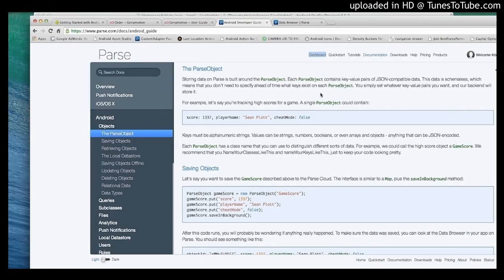It's found by going to parse.com, documentation, Android, and then users. Here at sign up, you get this: the first thing your app will do is probably ask the user to sign up. Of course, that's all apps, so we need the user to sign up. To do that, this code is pretty handy. We create a new ParseUser instance, which is going to create a user in Parse. Then set the username as the name of the person who's entering it, the password, the email, and other information if you'd like, and then signUpInBackground, which is recommended like we spoke about earlier. So let's just copy this